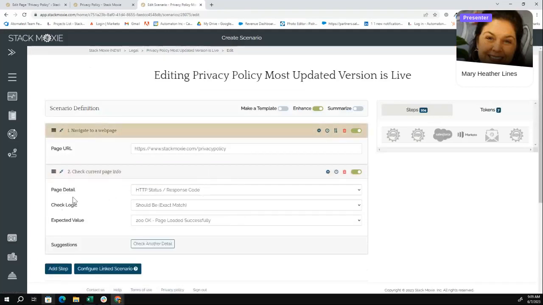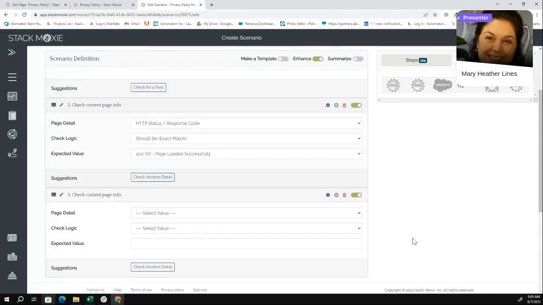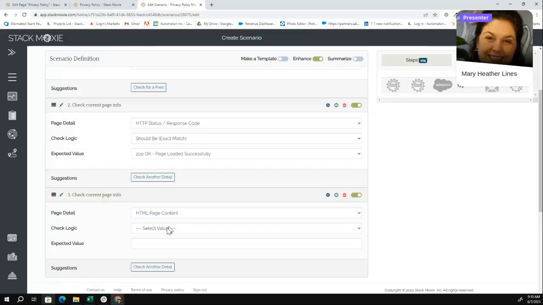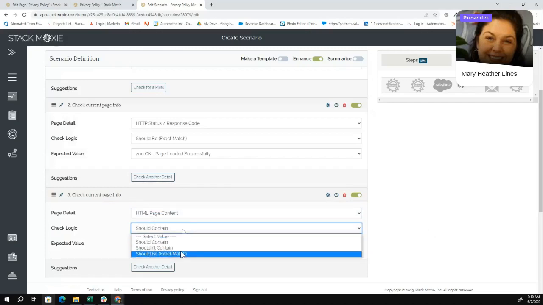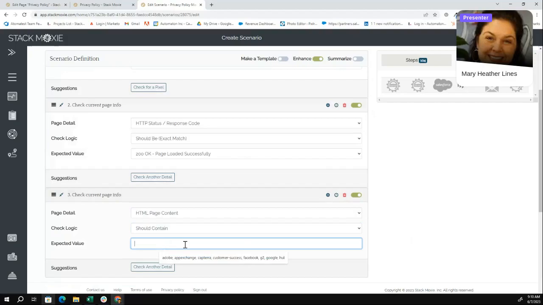So this is checking to make sure the page is up and that it's not doing a redirect to another page. And what I'm going to add here is a new step, which is to look at the page. You know what? We could probably just check it here. Page detail. We're going to look for the content. And we're going to make sure that this page content contains, well, it should be exact match, which is going to look for the whole thing. So I'm going to make sure it should contain